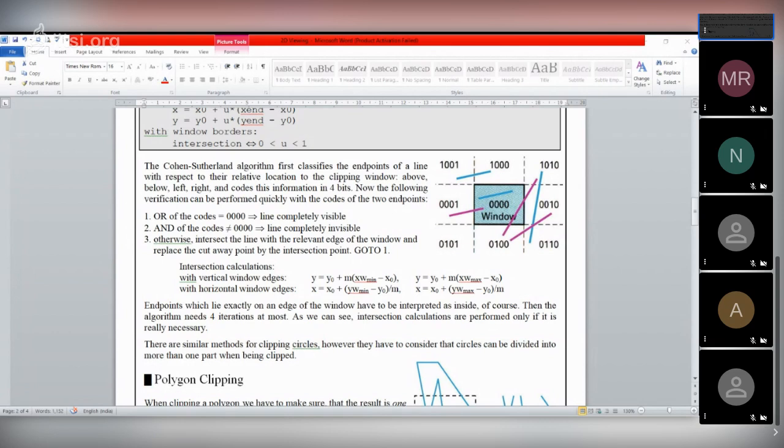That means if a point is in that region, its coordinate is represented by 0 1 0 0, meaning the point is inside the below region. And the next bit, the third bit, represents the left region.